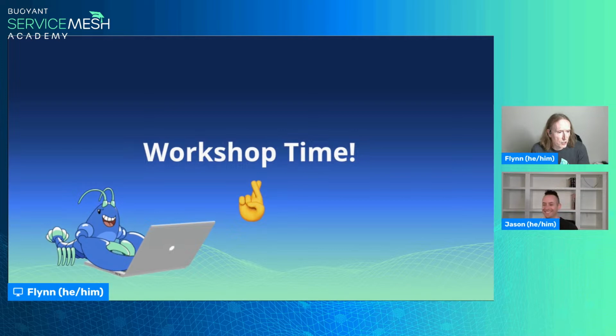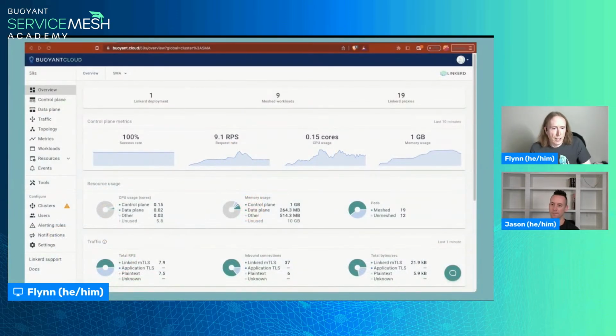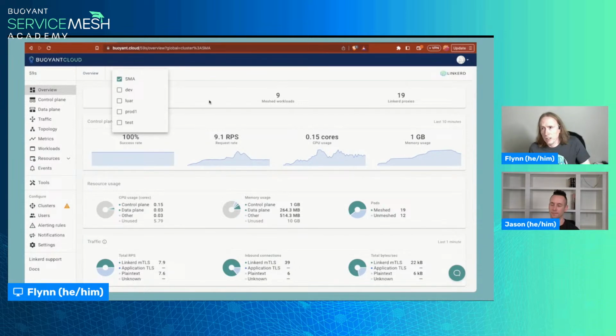Special considerations for multi-cluster: certificates become much more important, and you have to monitor each cluster independently. I shall once again shamelessly plug Buoyant Cloud, because if you look over here at this dashboard, I've got several different clusters. I'm not going to actually look at any of the other ones.